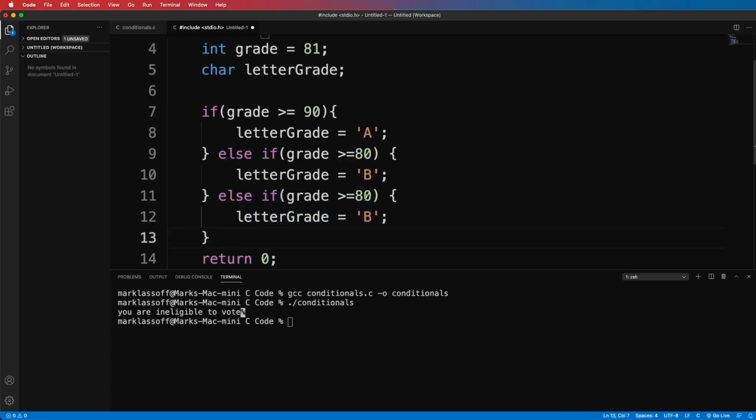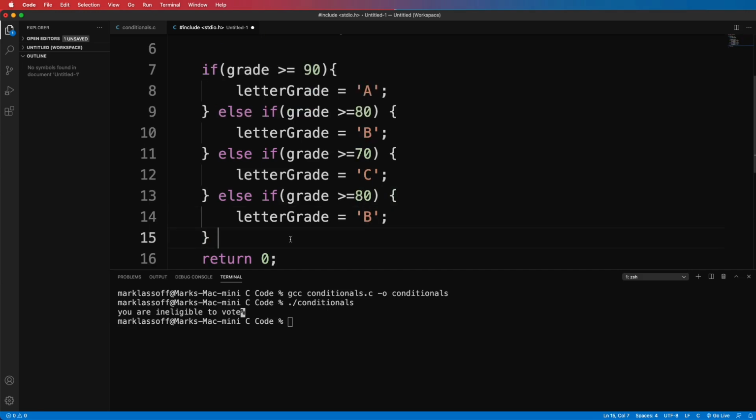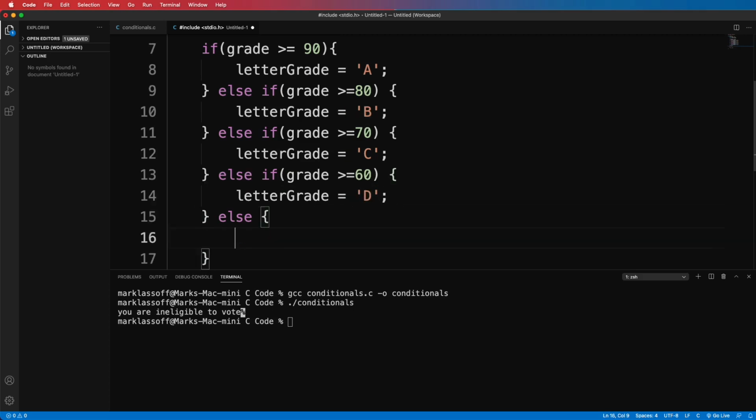So the next one, if grade is greater than 70, then we have a letter grade of C assigned. If greater than 60, then a D is assigned. And finally, if it's none of these, then unfortunately, the letter grade is going to be an F.